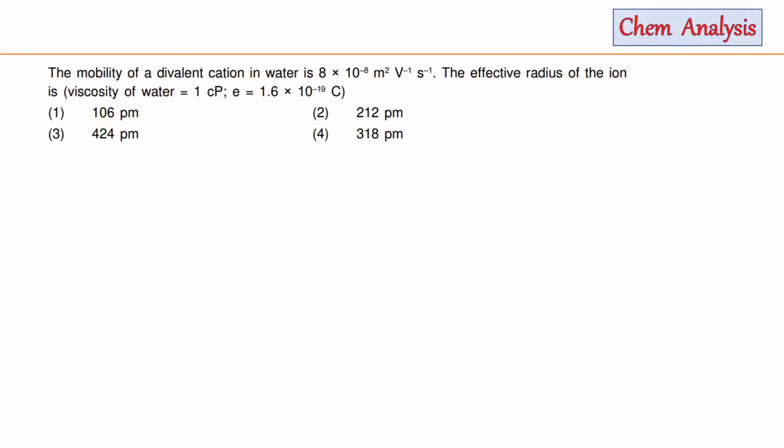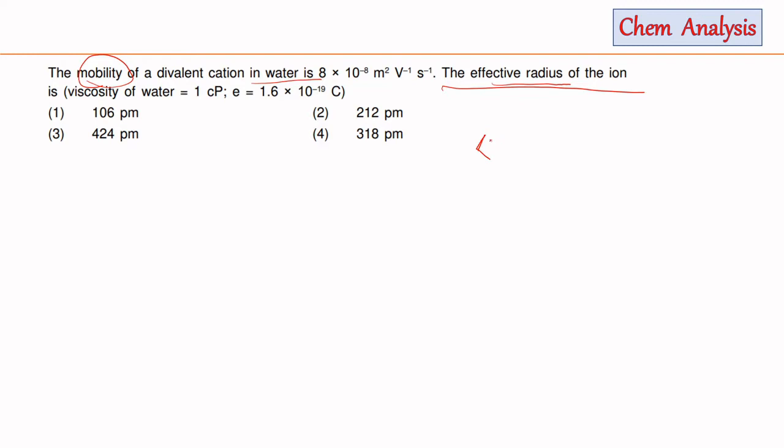As we can see in the first question, it is given that the mobility of a divalent cation in water is 8 into 10 to the minus 8 meter square volt inverse second inverse. We have to calculate the effective radius of the ion. This is a very important question, and you have to just know the relation between the effective radius and mobility of the ion that is moving in a viscous medium. And the relation is,